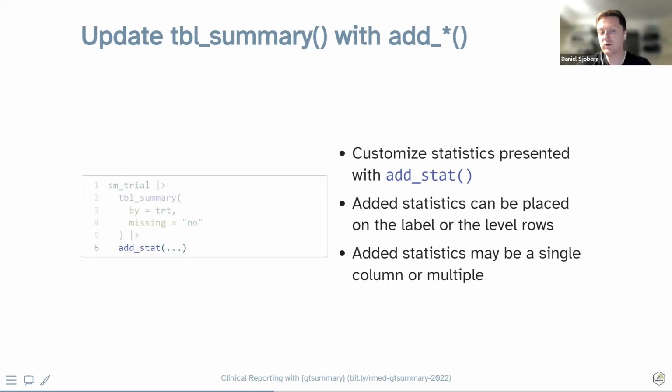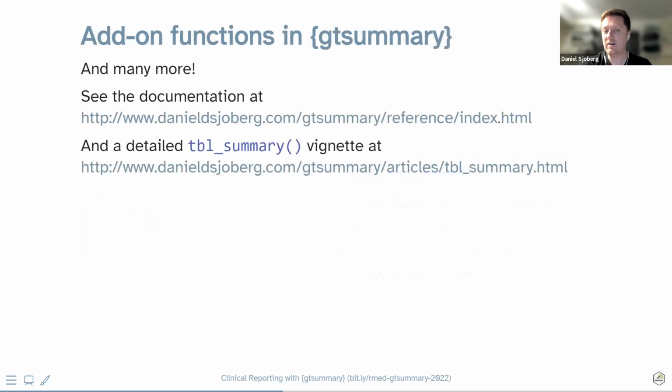Okay, and there's one last function called add stat, which is very, very general, and you can add any custom statistic. It's actually used quite heavily in the background to construct helpers like add p and add difference. So just FYI, there are other functions. You can make your own custom functions. It's all there. The documentation is actually really thorough. I think we spent a lot of time on the documentation on the website, so please check it out.